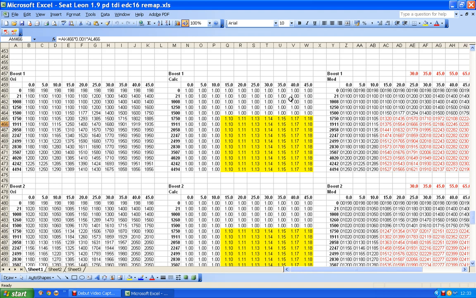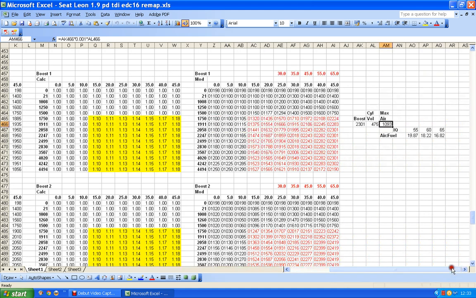Here I'm using similar calculators that I've used all along. One means no change over here, and any figure after the decimal point is a percentage change when it gets over to here. So 10%, 13%, 13%. And so this is my changed map. So this region has been changed, and the change is by these amounts.